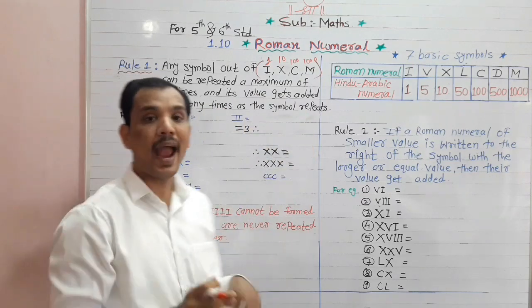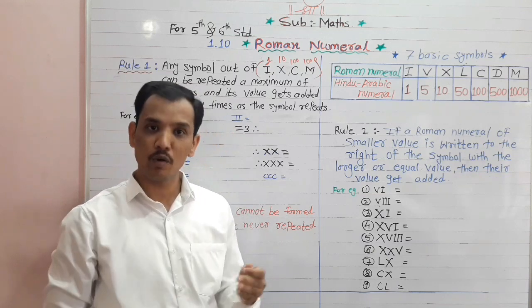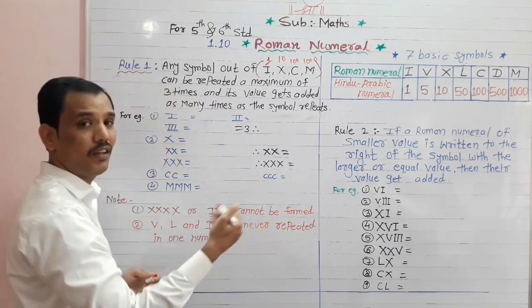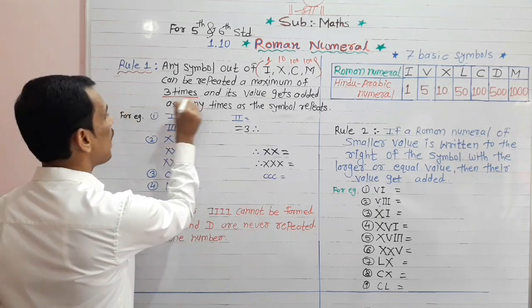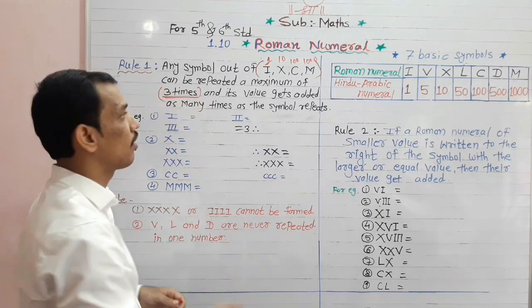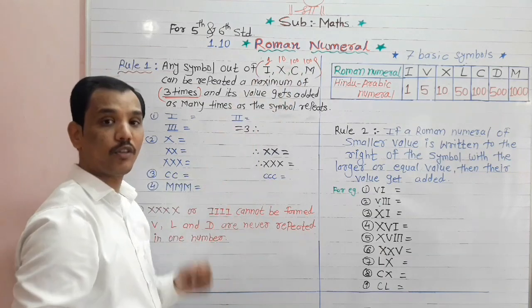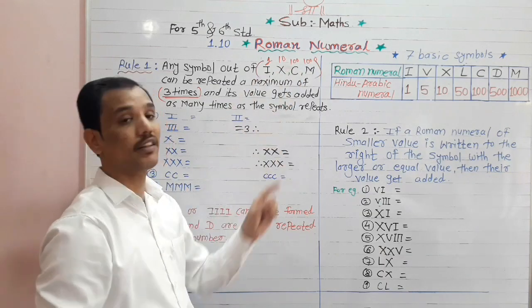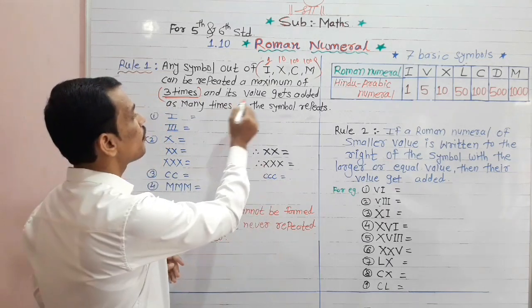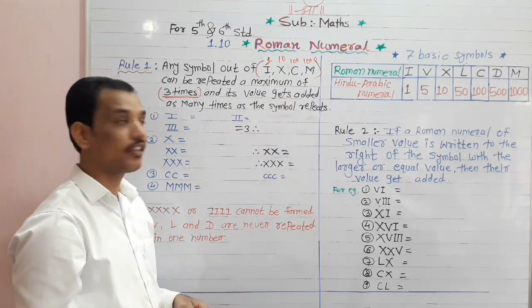और इनकी वैल्यू उनमें ऐड होती है. क्यों ऐड होती है? जितने बार वो रिपीट होंगे उतने बार उनकी वैल्यू एक के अंदर एक ऐड होती है. And the maximum is 3 times. So these are the important points which I am circling. These are the 4 symbols. Only remember that these 4 symbols can be repeated only 3 times, and if they are repeated, their value gets added as many times as the symbol is repeated.